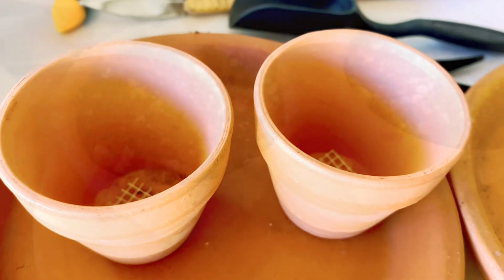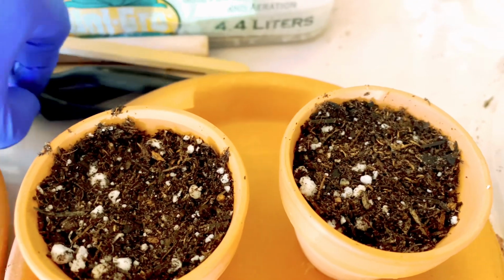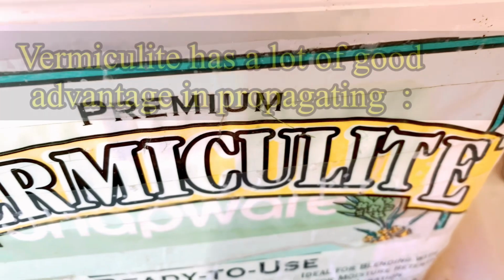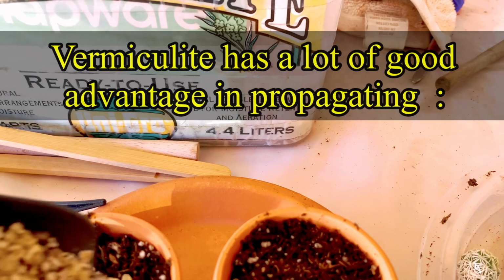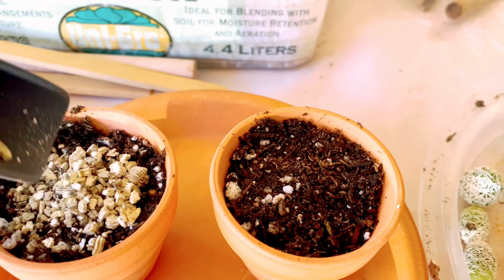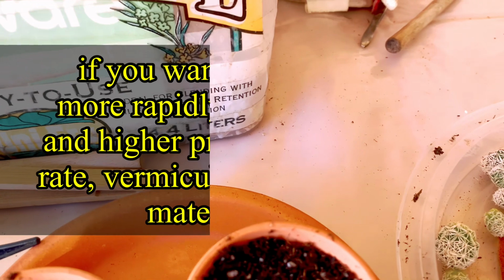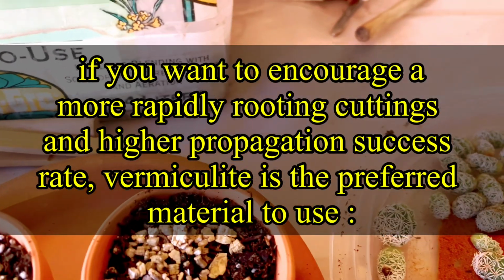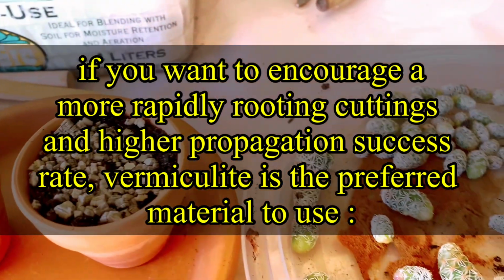Alright. The soil, but before that I want to put some vermiculite. Let's see. First time I'm gonna use this with Thimble cactus. Actually, first time I'm gonna propagate Thimble cactus. So that's the vermiculite. It's good to help the plants, the roots. I just put a bit on the top,